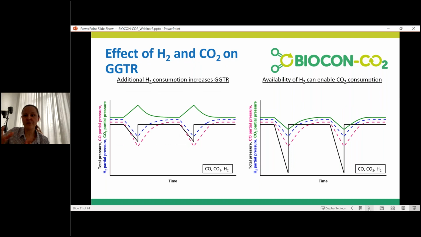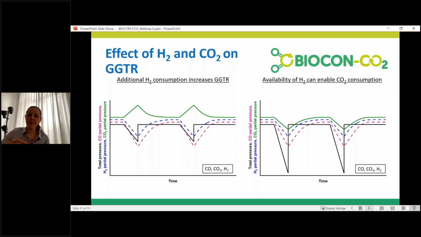So by adding hydrogen to the system, we can also see different effects on the gross gas transfer rate. Just as a reminder, the gross gas transfer rate is just the overall pressure change in the system. So by the addition of hydrogen, the additional hydrogen consumption, displayed as the blue dotted line, can